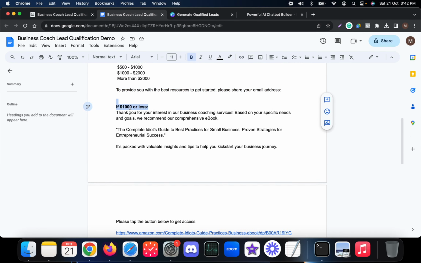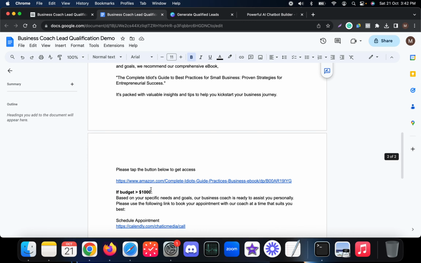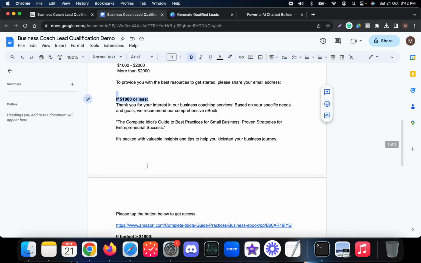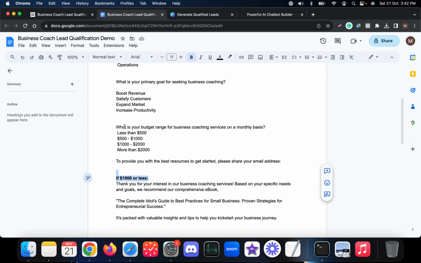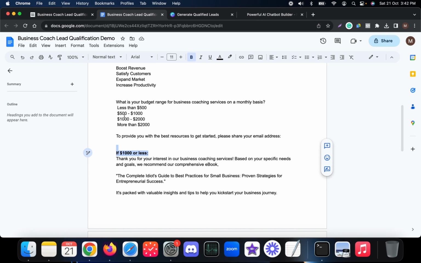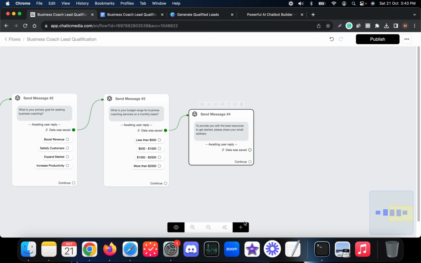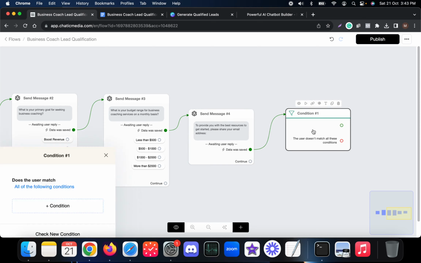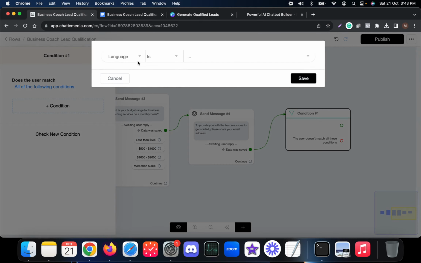If someone says they have 1000 or less, then we are going to send this message. If it is 1000 or more, then we are going to send this message. So what we can do here is see if it is this particular number saved over here. You can add a simple condition before sending the next message. In this condition you can check the budget, so budget, this one